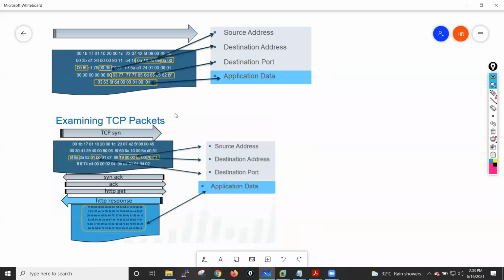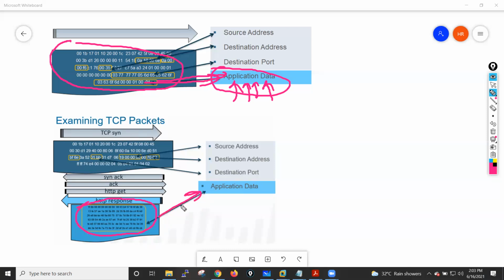Now let me also show you what things the firewall checks. This is the format for UDP traffic. In UDP, these are the things checked by the firewall: this is the application data, and this data is parsed through your application identification engine just for identifying the application. In the case of TCP SYN packets, this is the data which is used by my firewall for application identification. Guys, just try to understand this thing.